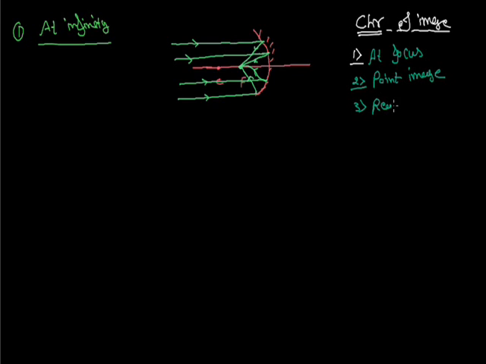Now the third one is that the image formed is a real image, because there is an actual meeting of the rays, and we know whenever two or more reflected rays meet at some point after reflection, the image will be formed at that point. Here the 4 reflected lines are meeting at this point, so there will be formation of the image, and since they actually meet, we can say this is a real image formation. So this is sufficient about when an object is placed at infinity.